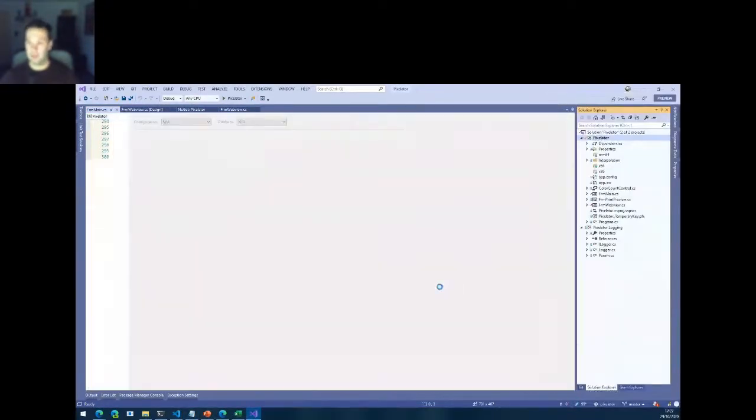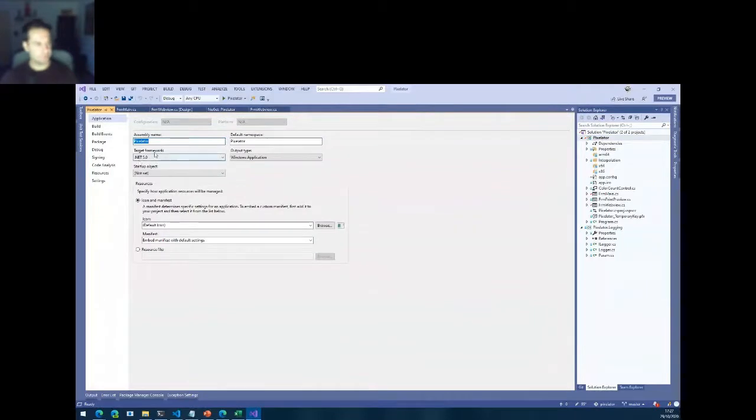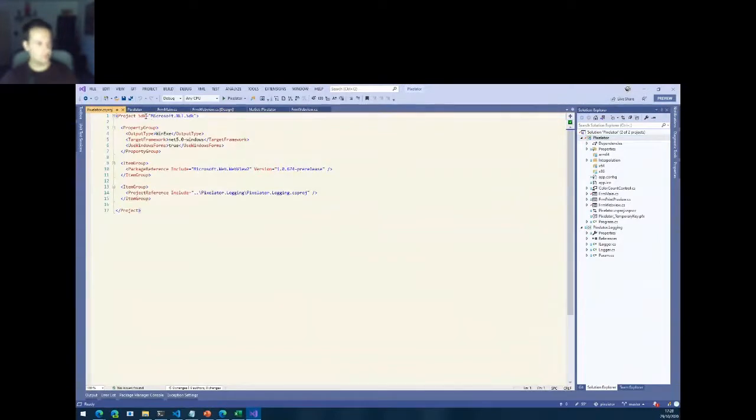Now, let's have a look at some properties. So this is running .NET 5. That's good. Let's have a look at the project file. We are using the Microsoft.NET SDK. We have a WinExe, and we are targeting net5.0-windows. The -windows is new for .NET 5, but that lets the compiler know that we're doing a Windows application.